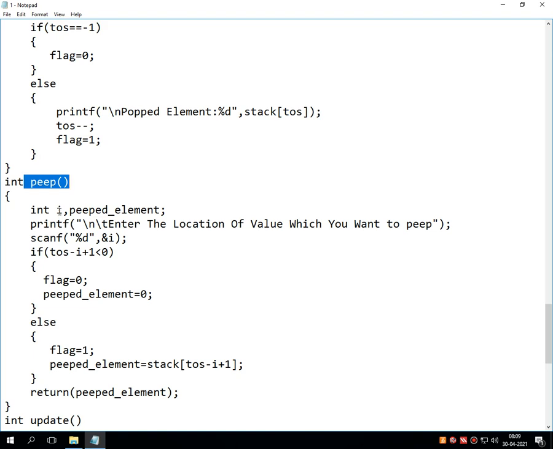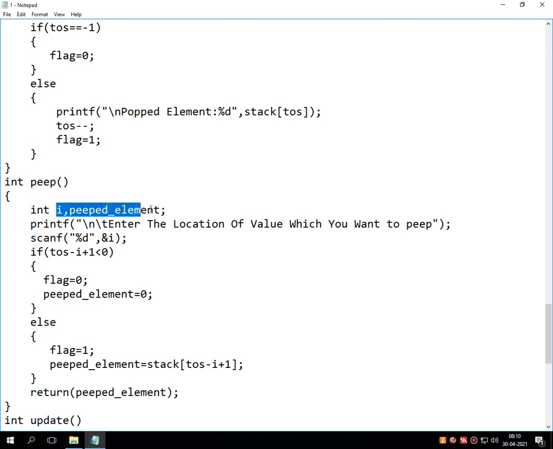What is the purpose of the peep operation? The peep operation displays the value which is stored on a desired location, or it fetches the value which is stored on a particular location which has been entered by the user. So this function starts with the declaration of two variables, that is i and peeped_element.